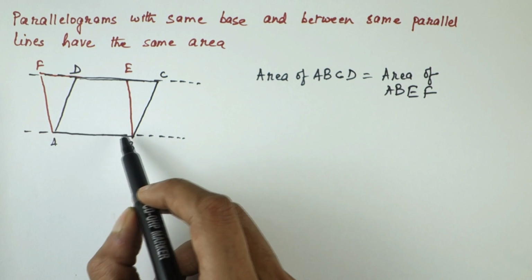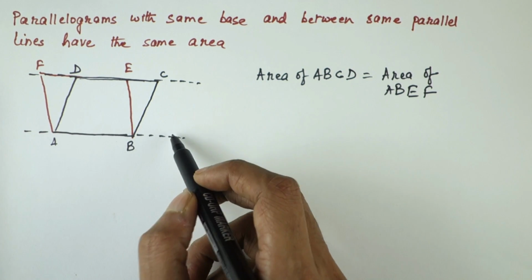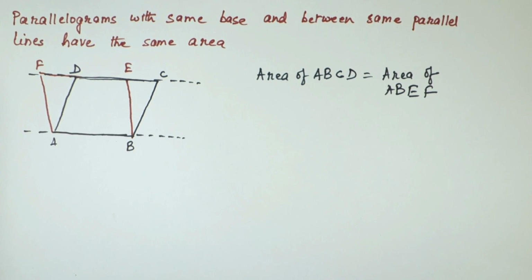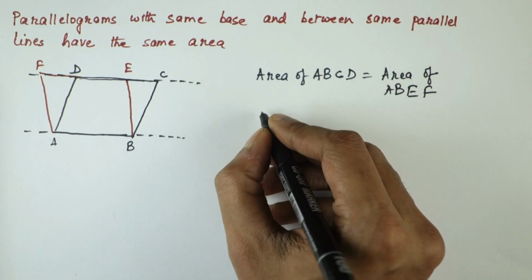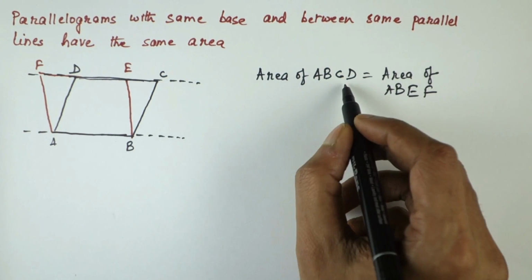Now you only see two parallelograms. There can be any number of parallelograms which are on the same base and between the same parallel lines, and they will always have the same area. So to achieve this proof, what we have to do is